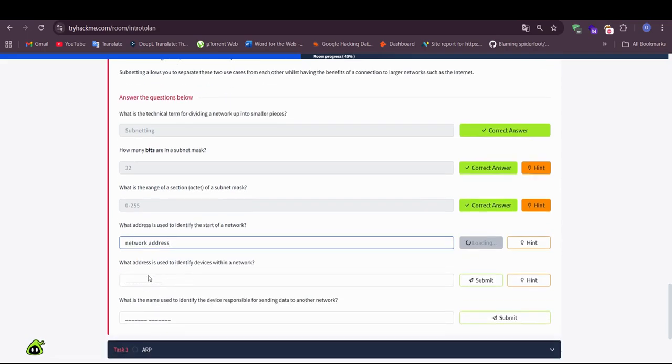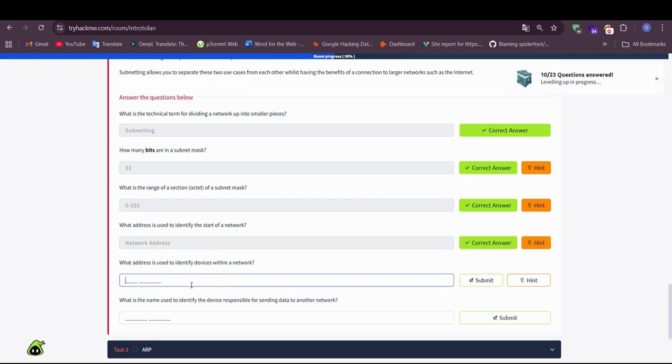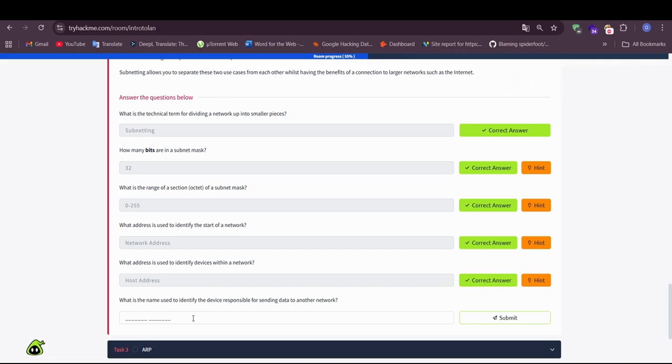What address is used to identify devices within a network? This is the host address. What is the name used to identify the device responsible for sending data to another network? The default gateway is responsible for sending data to another network.